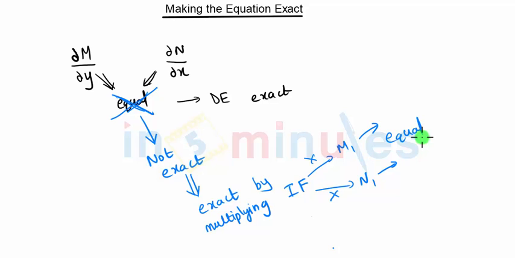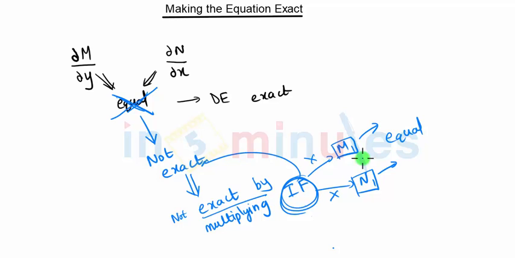To make the equation exact, we have to forcefully make it exact. By forcefully, we mean we multiply the not exact equation by an integrating factor. We multiply the not exact equation by the integrating factor and we get the new values M1 and N1. Then if we take the partial derivatives of M1 and N1, both of these will be equal,